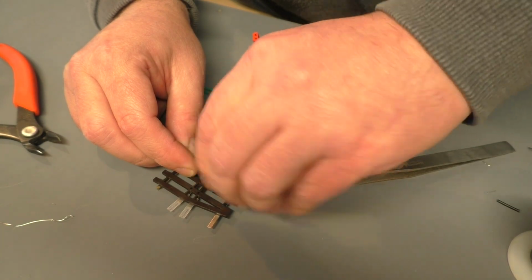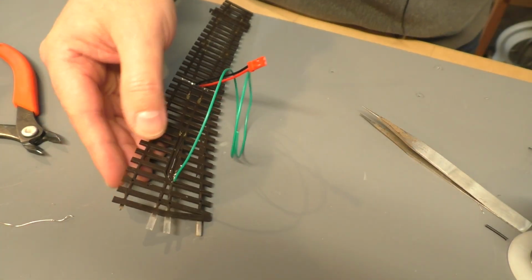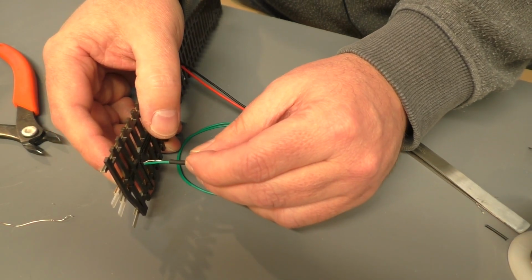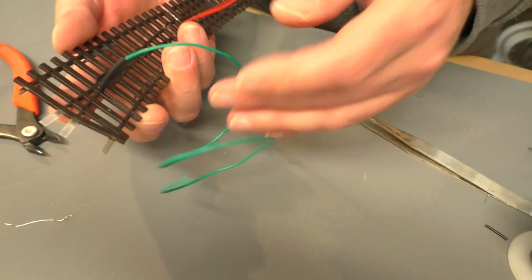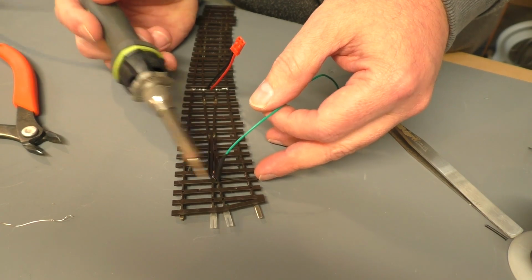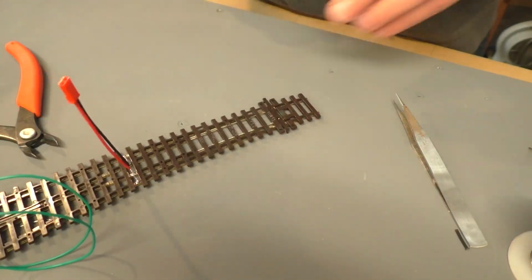I just don't worry about it, and then bring the wire up so it's straight up, and then I slip a piece of heat shrink over the top, and slide it over both and push it down, and then it's all nice and secure and well insulated. Then I either run the soldering iron over it or use a lighter, but I'll use the soldering iron while it's still hot. And that's our frog wire. So this point is prepared in terms of its wiring, and then the next step is installing the point